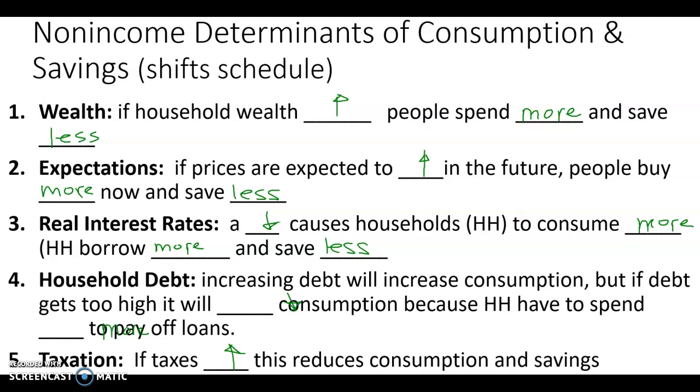What's another 100? It's just 200. But if it gets too high, then you're going to have to stop spending and pay it off. So paying off that debt, or I should say savings, is considered a leakage to the economy. It doesn't go towards anything. This counts towards GDP when you spend it.